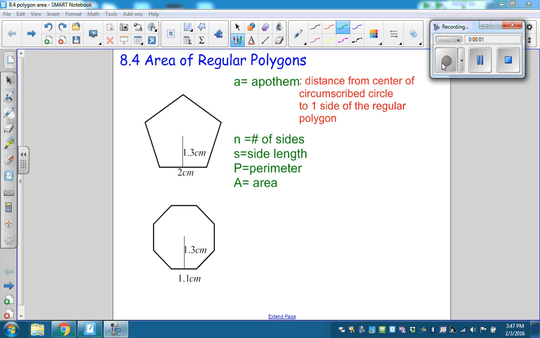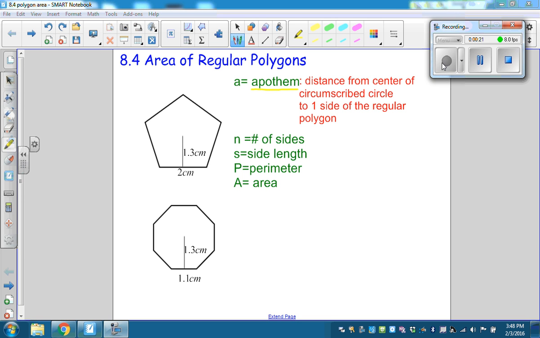I'm going to do a lesson on area of regular polygons. So, a reminder, regular polygons have all equal angles and all equal sides. So every picture here is a regular polygon. And in your book, you're going to see a lot of, or at least some, new terms, like the term